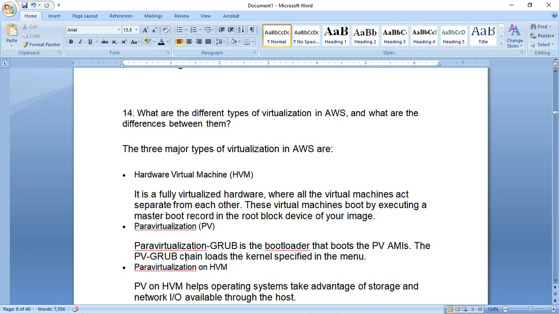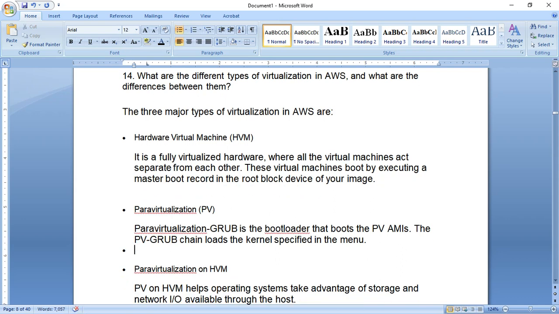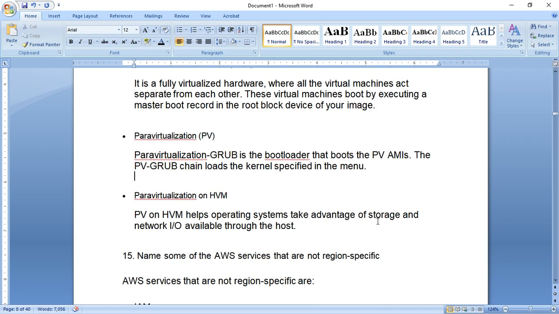And paravirtualization on HVM: PV on HVM helps the operating system take advantage of storage and network I/O available through the host.